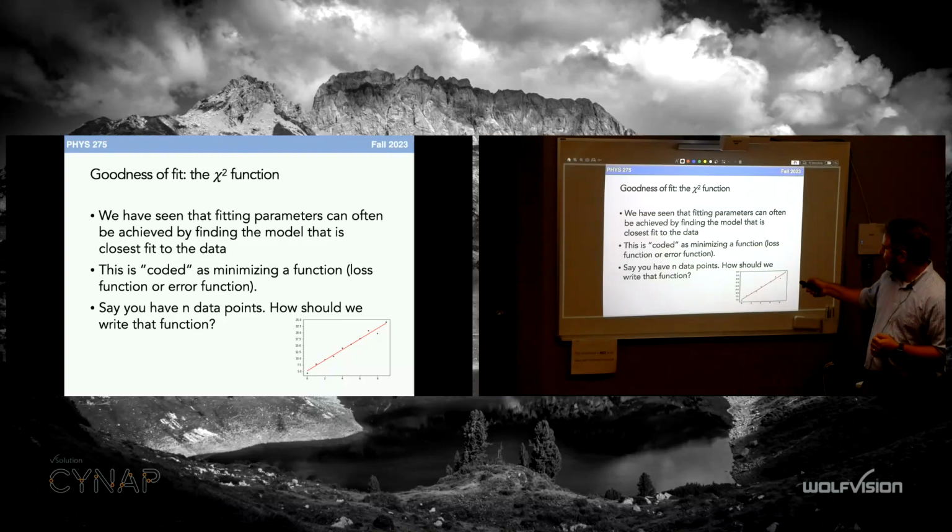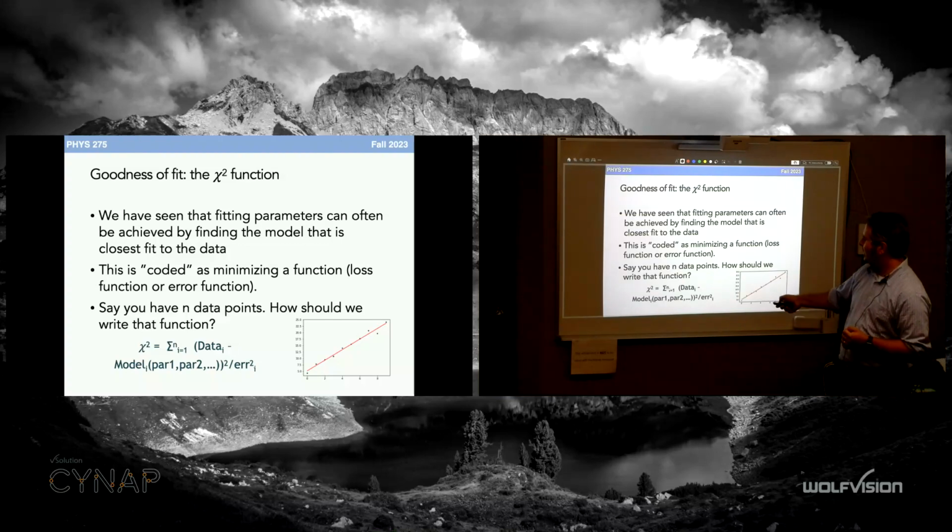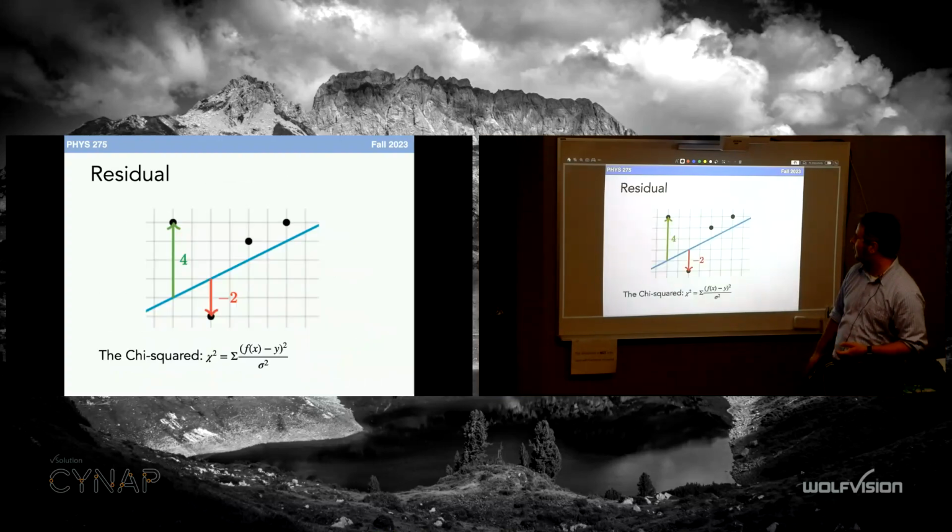So we've seen that fitting parameters can also be achieved by finding the model that is the closest fit to the data. This is coded as minimizing the loss function or error function. So you have n data points. How should we write that function? Chi-squared is data minus model for all the parameters squared, so that's the absolute difference, divided by the error, so inverse weighted, the error squared,